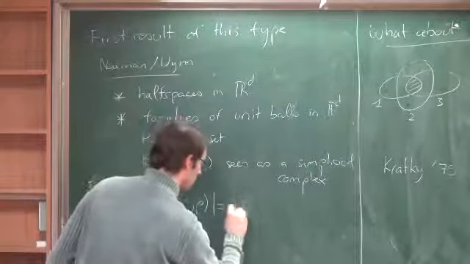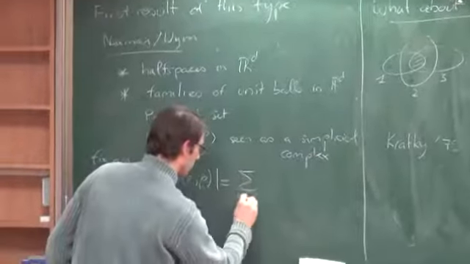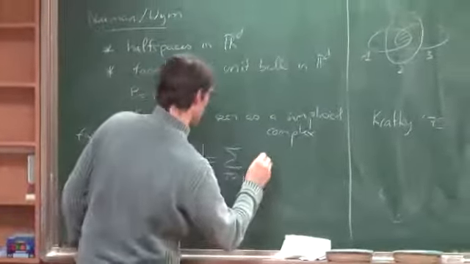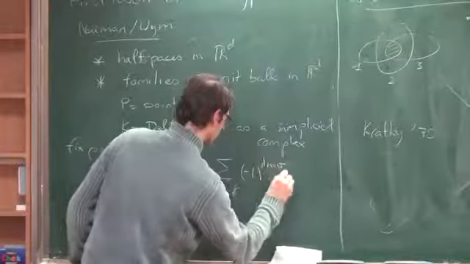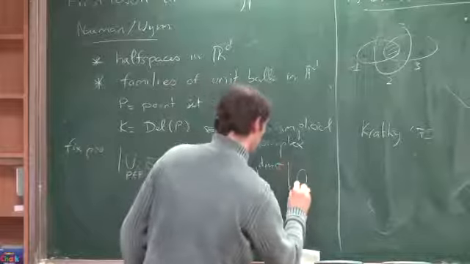This is equal to the sum for sigma in K of -1 to the dimension of sigma of